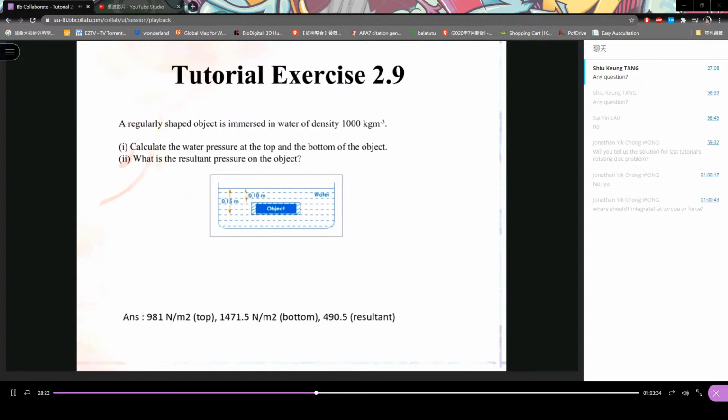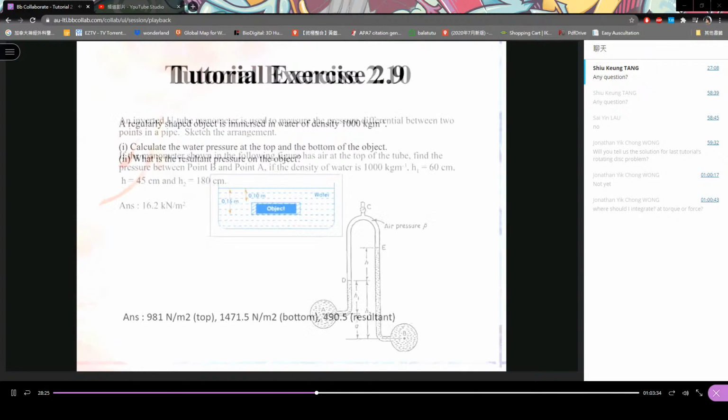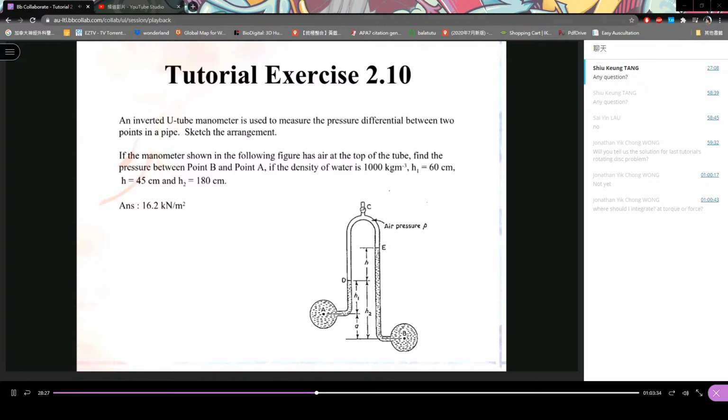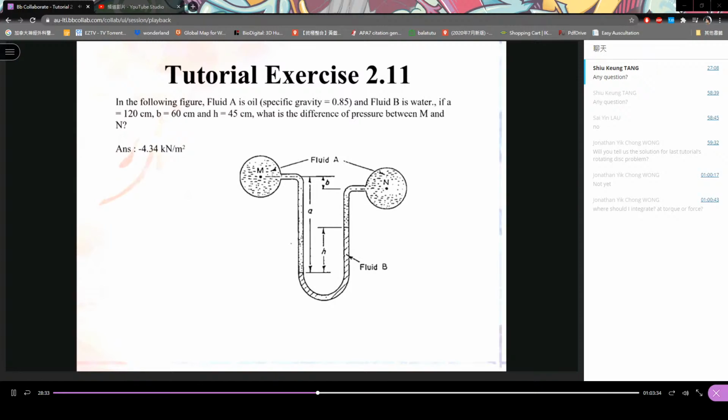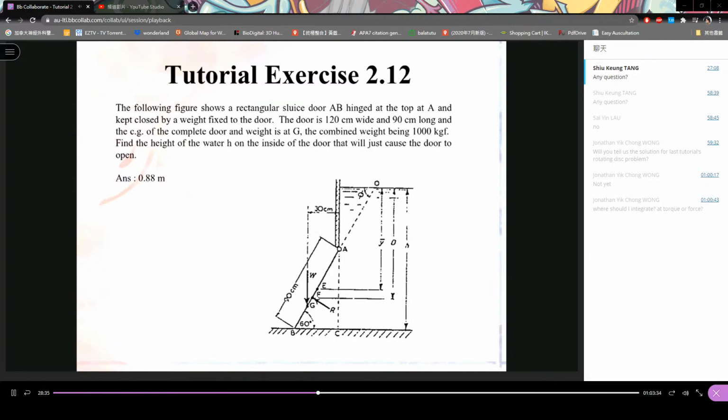Okay, I also leave this to you, right? Again, a simple application of the hydrostatic equation. So this is your homework, and this one is your homework as well. Now, okay, we go to the dam. We go to the water vessel